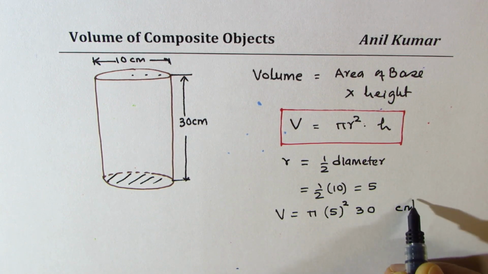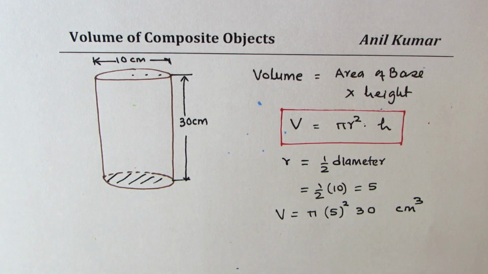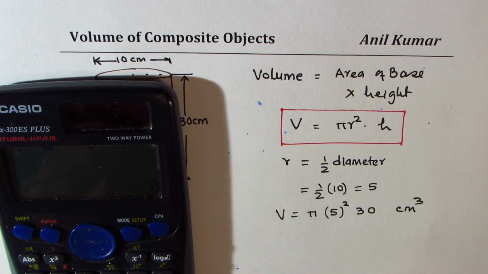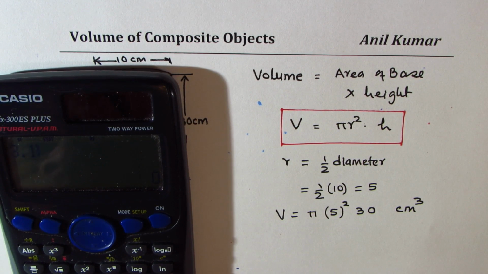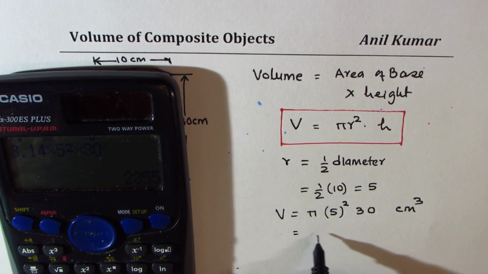Units will be centimeter cube, right? So we can use the calculator to find this answer. So 3.14 I'm using for pi times 5 square times 30 gives us a volume of